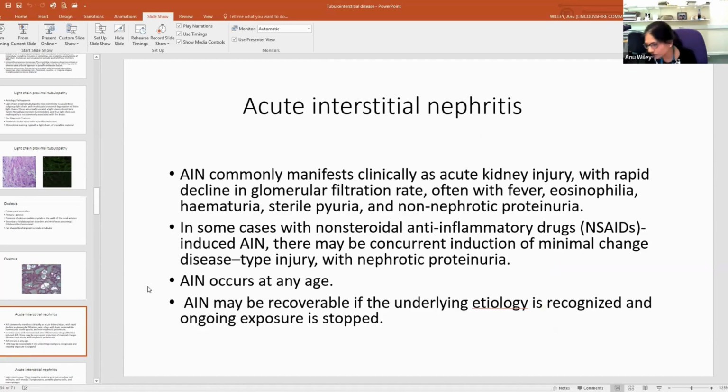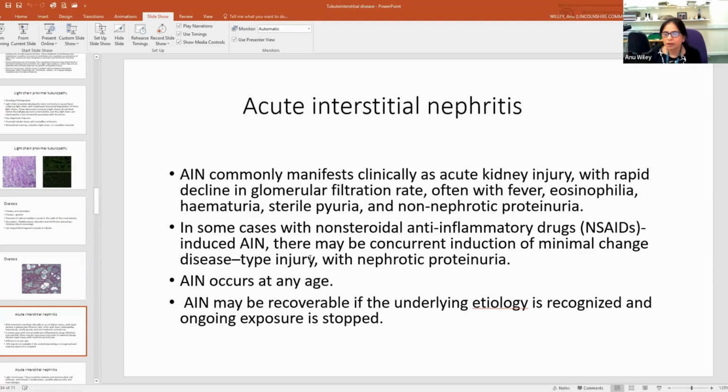So the next thing, because it's already been half an hour and I've only done a quarter of the talk: the other thing we see a lot in real-life renal diagnostic pathology is acute tubulointerstitial nephritis. Acute interstitial nephritis commonly manifests as acute kidney injury with rapid decline in GFR, and the patient may have, not always, fever, eosinophilia, mild hematuria, sterile pyuria, and proteinuria which is not of nephrotic range. So they can present with a gamut of any of these